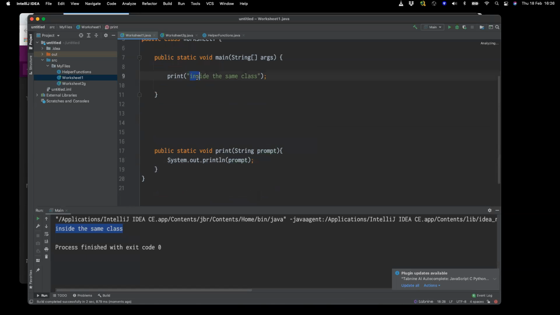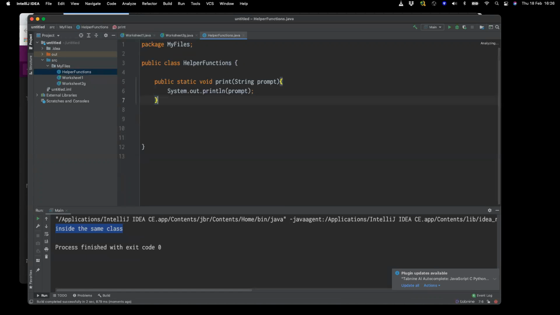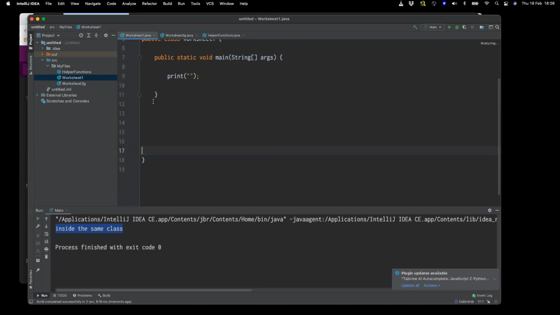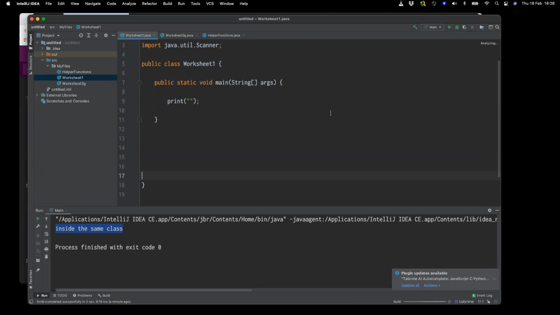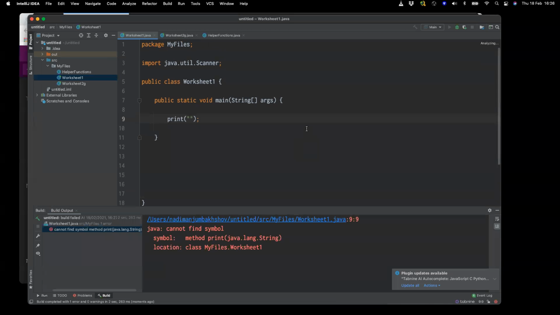Actually, I should have that prompt inside there. It doesn't matter. Now, what I want to try to do is take that away from there and drop it into my helper functions, and into my helper functions, I can add as many as I like. Think of it like a library of useful functions that you repeatedly use. Then I come to worksheet 1. Let's run it again and hear it complain, because it should now say to us, here we go. That's the error you want to see. Method, I can't find it. What is this print?